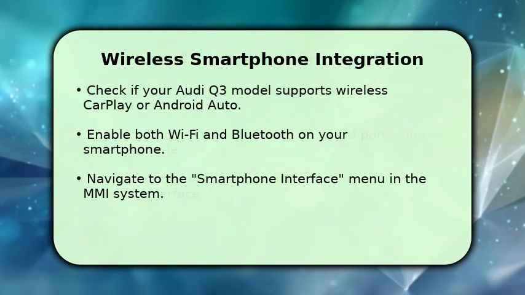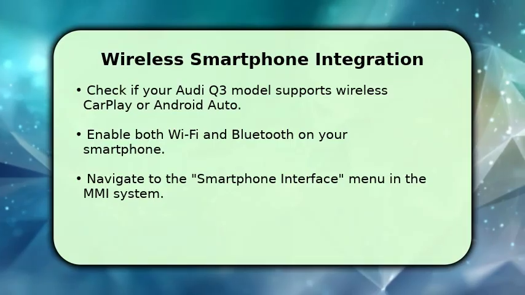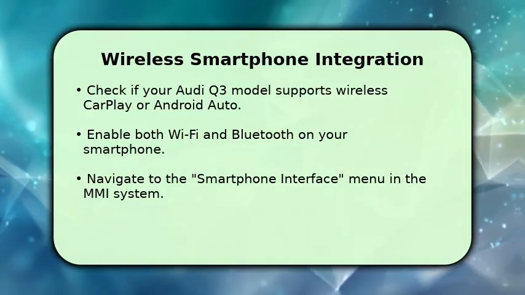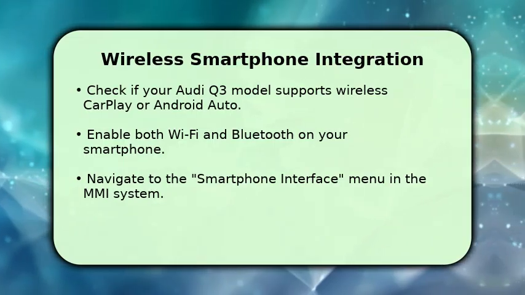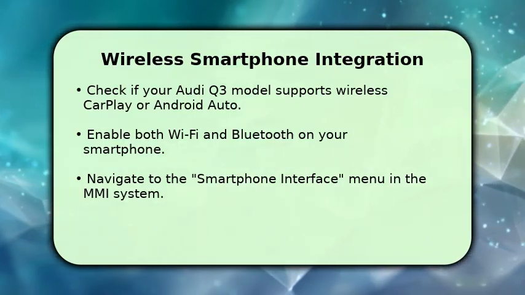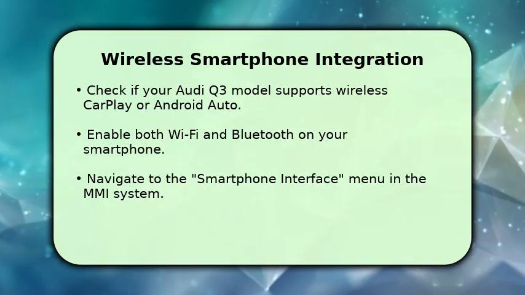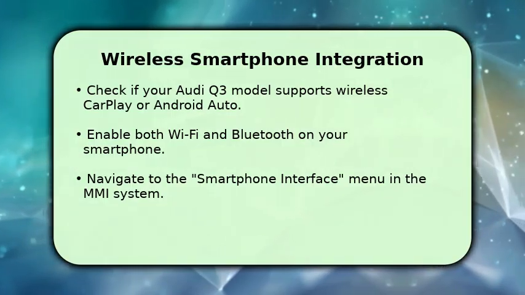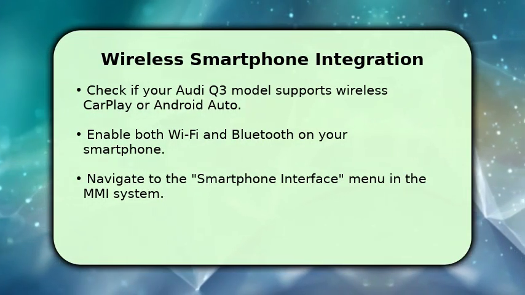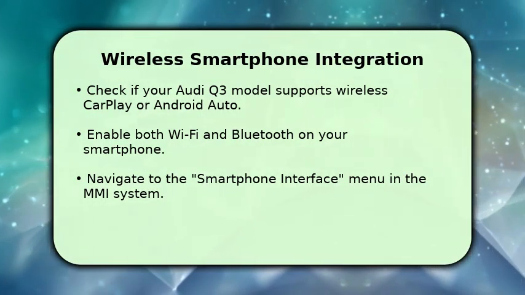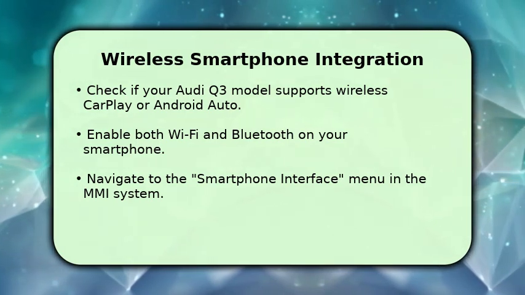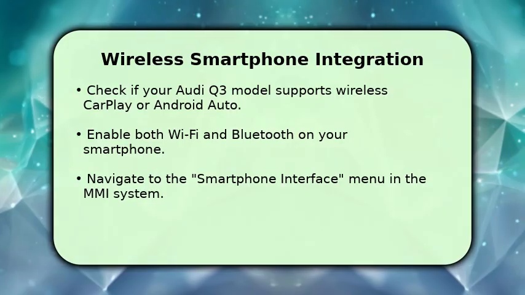control. If your Audi Q3 supports wireless smartphone integration, the process is straightforward. Begin by ensuring both Wi-Fi and Bluetooth are active on your phone. Then, within the Audi MMI system, navigate to the Smartphone Interface menu. Your phone should appear as an available device. Select it to establish a wireless connection, allowing you to use features like navigation and music streaming without a physical